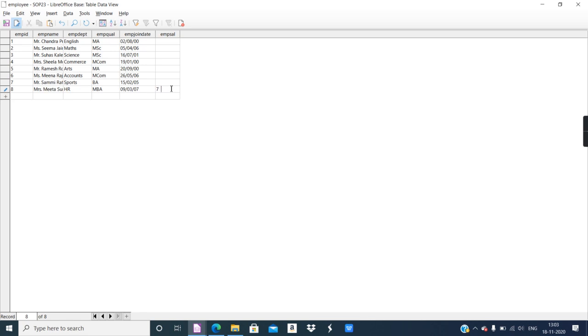Here we can keep 71,000, depending upon the experience also. Salaries are given. Teachers can also have high paying salaries. Now rest we will give less than 70,000.